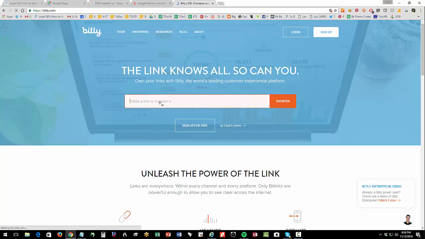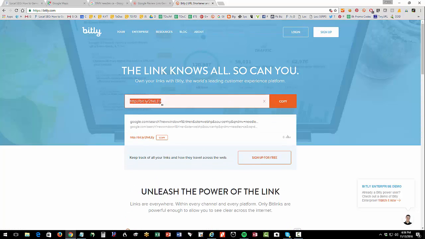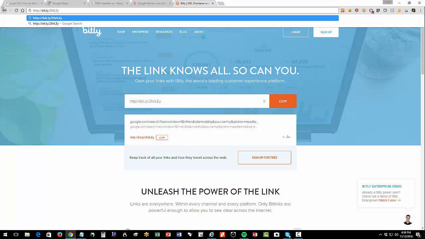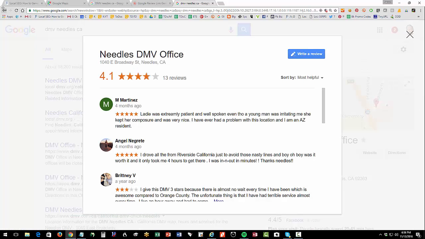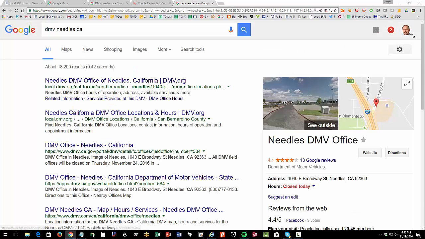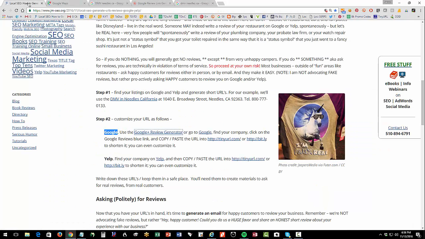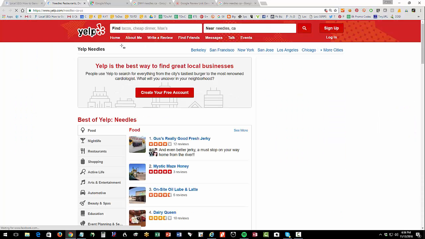And if you sign up for an account on Bitly, they'll allow you to shorten it and customize it. Then, now that you have a bit.ly URL, you can put that little teeny URL in an email, and it will produce the write-a-review information. Now, with respect to Yelp, it's really a similar system. You're going to go to Yelp. You're going to find